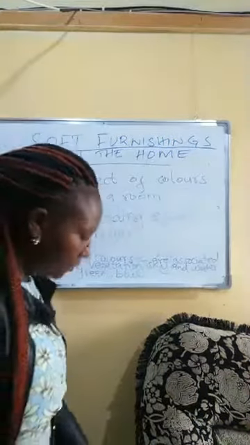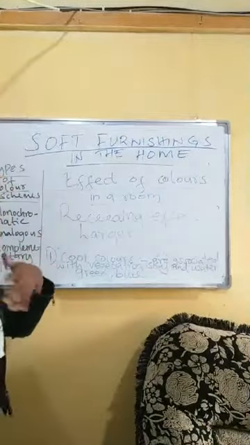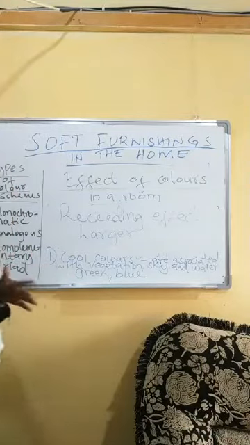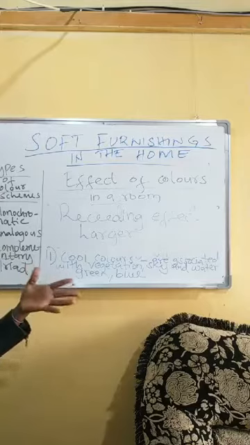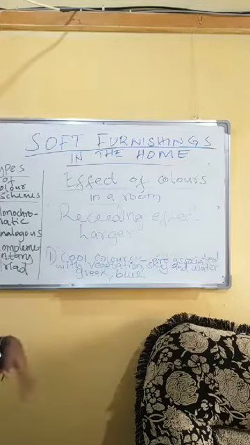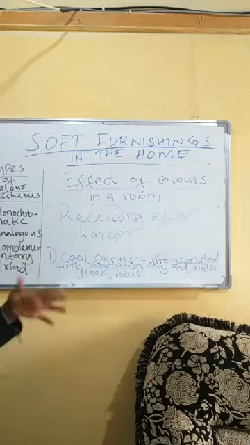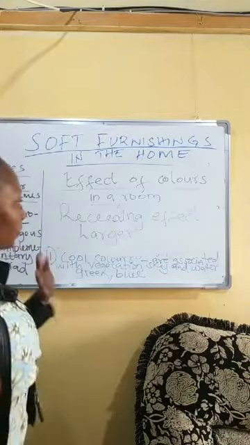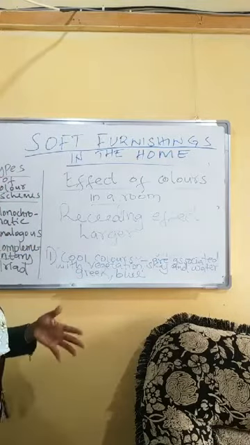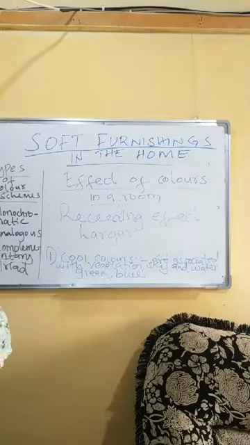Then now we have the other colors that we can talk about on their own. So we can have something like yellow. You know very well, yellow is the brightest of all the colors. And when you use it in a particular place, it tends to brighten up the place. But you're not supposed to use too much yellow because it tends to bring about eye strain.